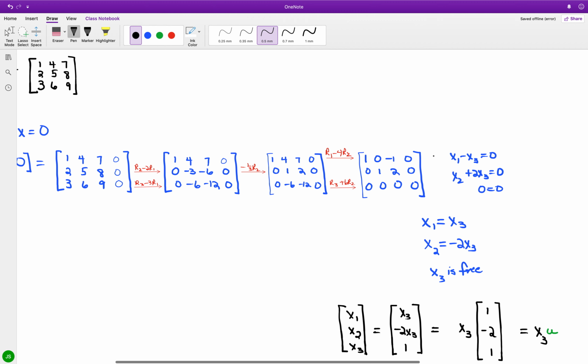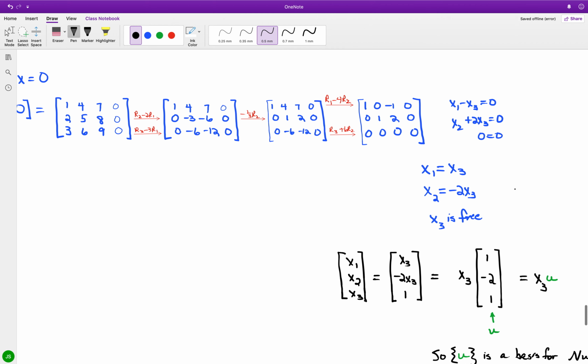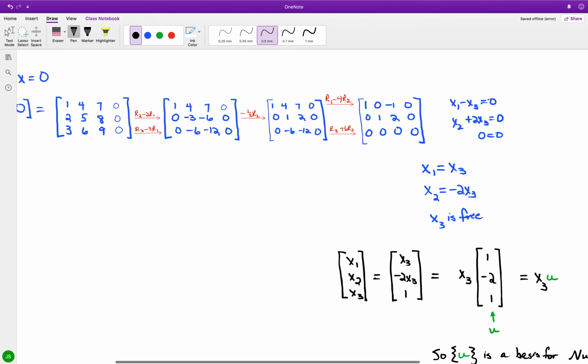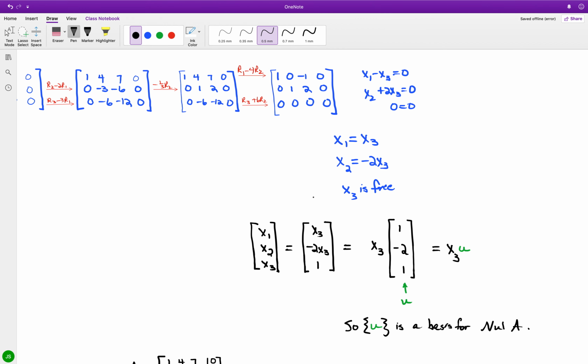So we have 1, 0, -1, 0, 0, 1, 2, 0, and then we have consistency with 0 equal to 0. So we have x1 minus x3 is equal to 0, and x2 plus 2 times x3 is equal to 0. Here, x1 is equal to x3, x2 is equal to -2 times x3, and x3 is a free variable. So in the solution we have x1, x2, x3 equal to